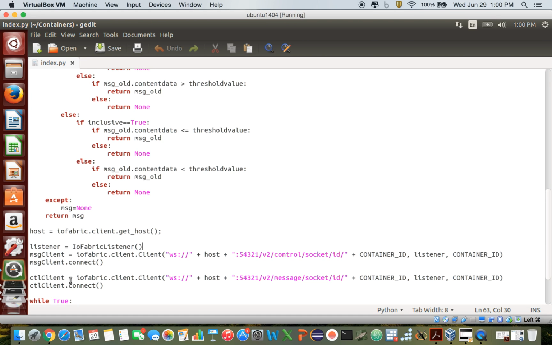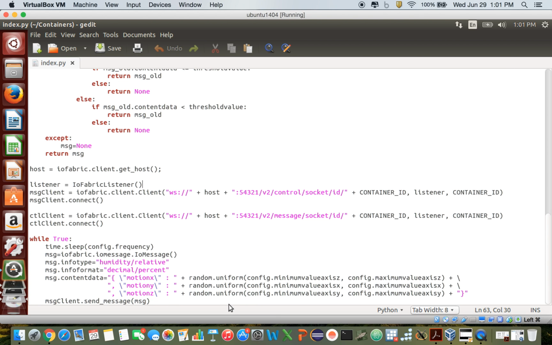And in this example, we're not going to be doing anything else, but just for demonstration, I put in this other code too. And basically this shows you how you can continuously send messages. We're not going to be using this for our container because it's not part of the functionality. But what you can do is you can use time.sleep, and you can use the frequency in config to basically say how long you want to sleep, or how long you don't want to be sending messages for, like the gap. And then you can instantiate a message using